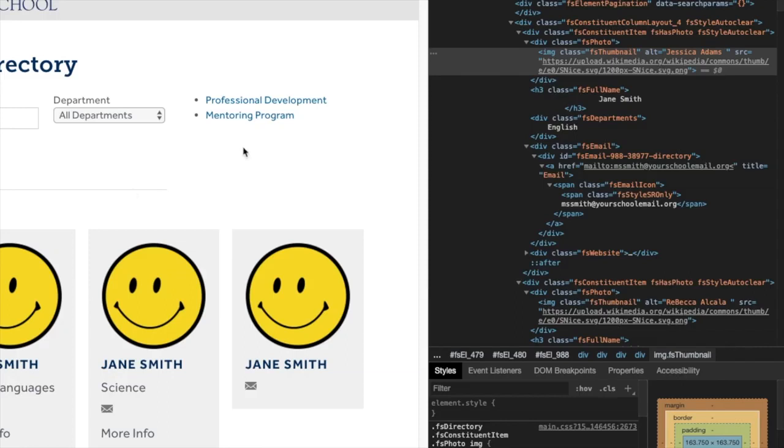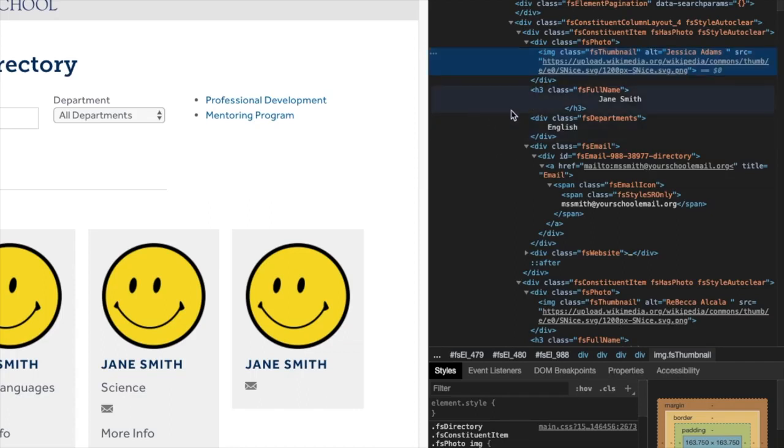The first thing that I discovered is that if your Finalsite is set for all departments view, meaning this is an option, you are definitely more at risk than if it's not. So if this is not all departments and you have to go department by department or actually query somebody to find them, then it's much more difficult to do this. If it has all departments, that means every staff member is listed on this page, and as you scroll down, more staff members will appear. On the right side,